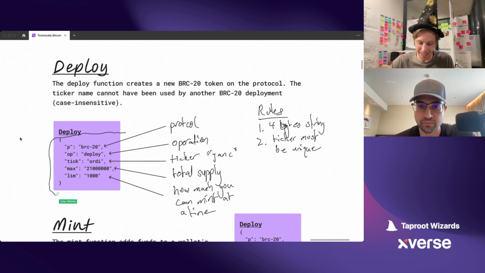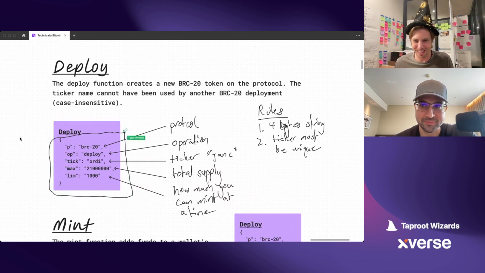Because the actual data in the inscription is literally this text, JSON format, open curly braces, quote, P, quote, colon. All of that text is just going into the inscription data in the same way that last week we talked about the OMB's actual JPEG data going into the inscription data. Well, here, this is much easier. We are literally just putting this text in as the inscription data. So the cost to create and deploy a BRC-20 is actually quite small because the data requirements to do this, there's really not that much. There's maybe 100 characters in there.